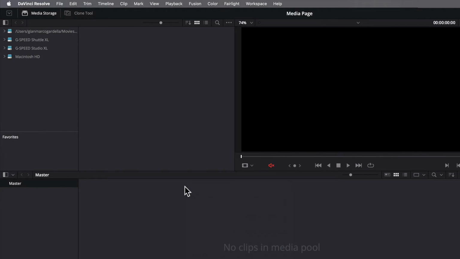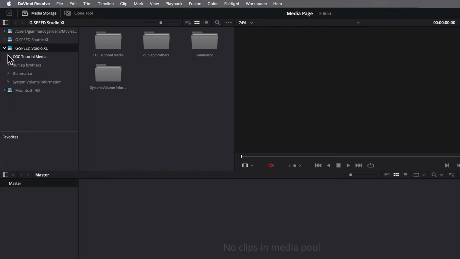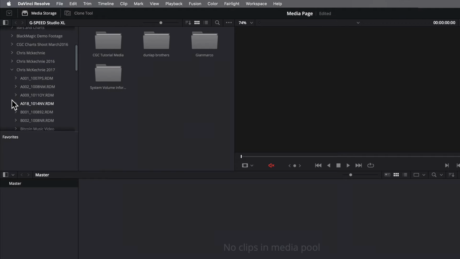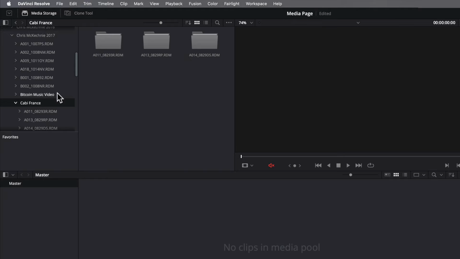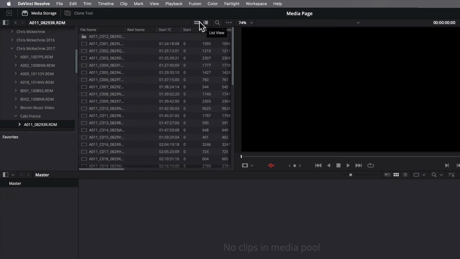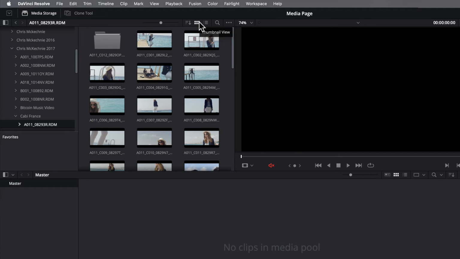The library window pane is where we start. Here, we can browse for media by first selecting a volume and then clicking the drop-down arrows to expand each folder within. Once we've clicked on a folder, we can see its contents in the file browser. From here, we can either view the clips in icon view or in a list view. In icon view, video clips show as thumbnails, and we can preview their content by scrubbing over the clip with our mouse